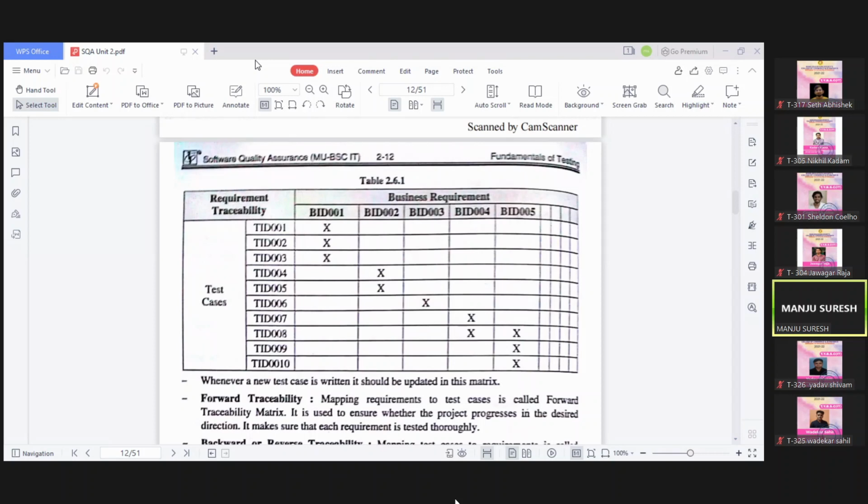Yeah. Tell me. Are we clear with this concept of requirement traceability metrics? Any doubts, please ask. So this is also a part of your documentation. In documentation, this will also be added as an artifact.